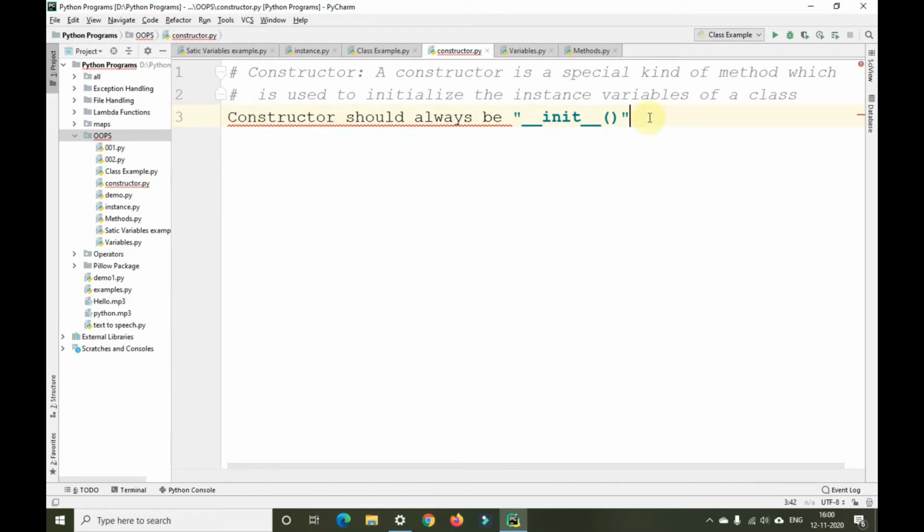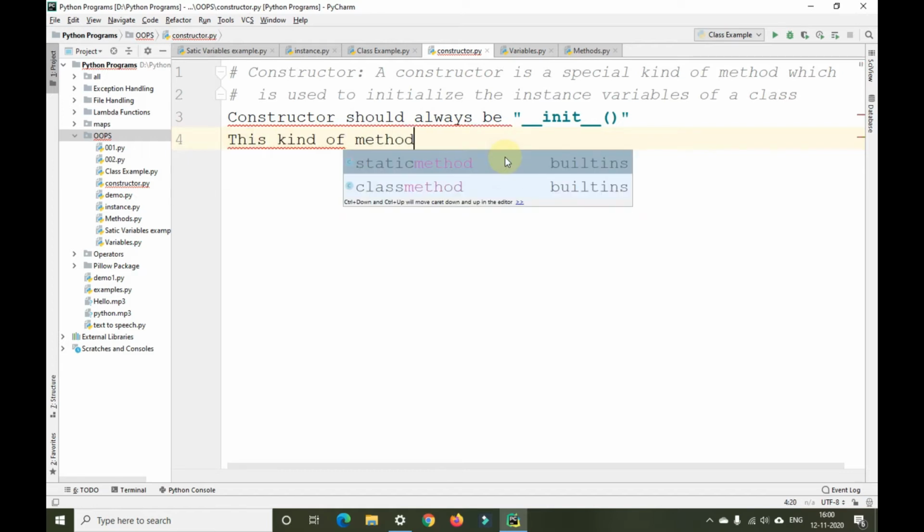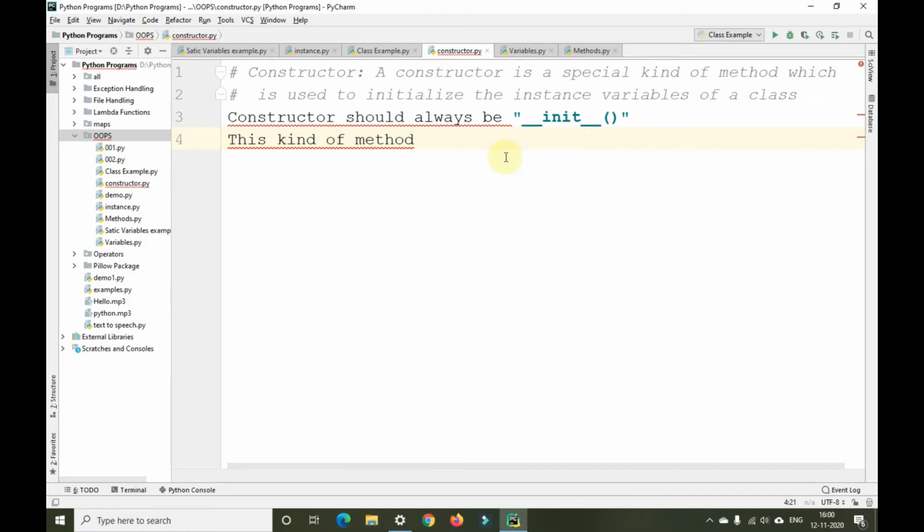Now, this type of method is also called a dunder method.